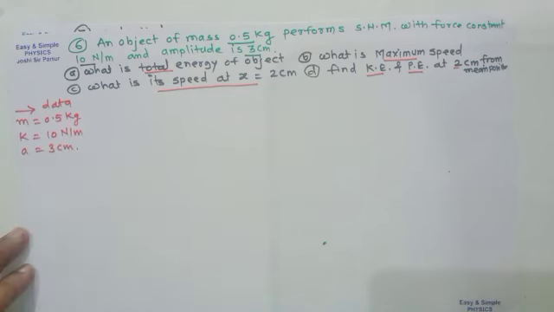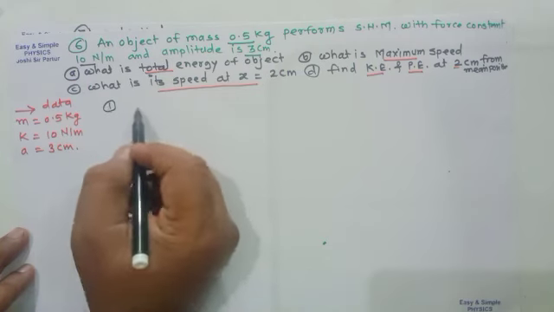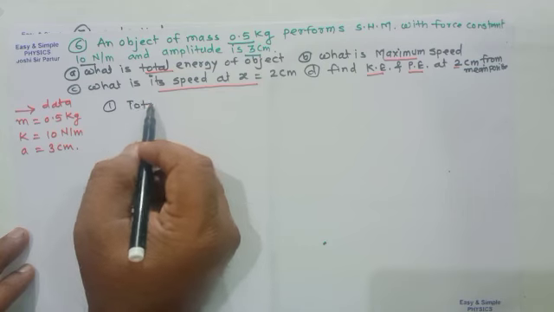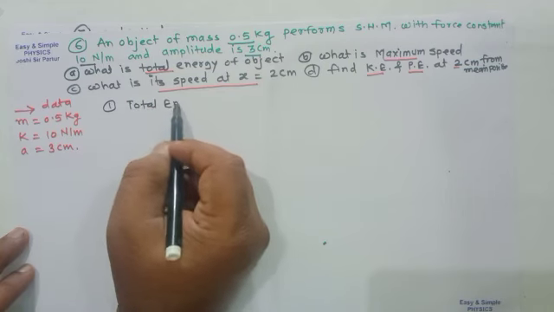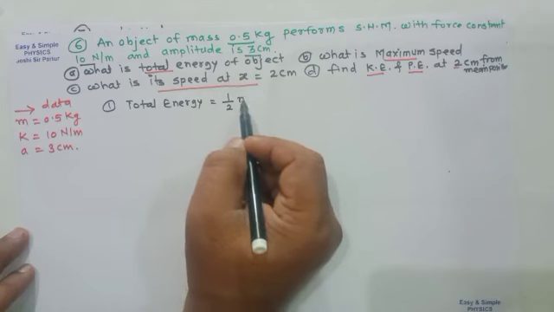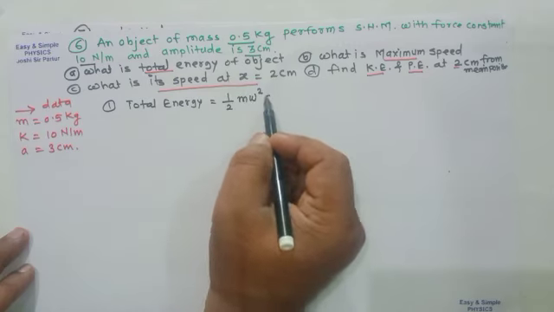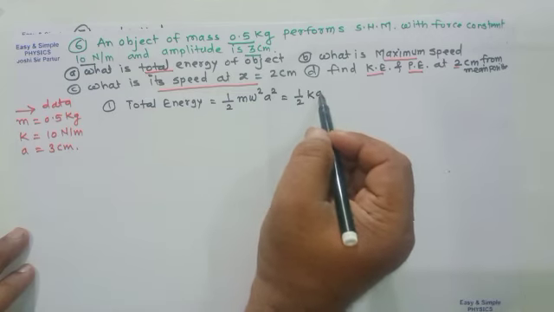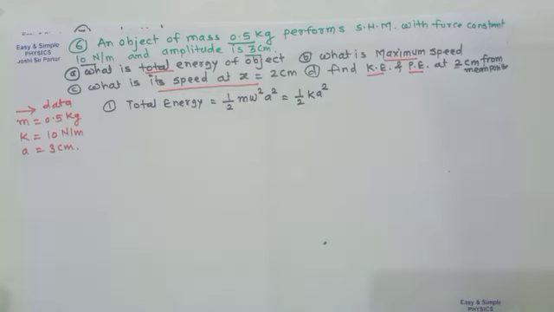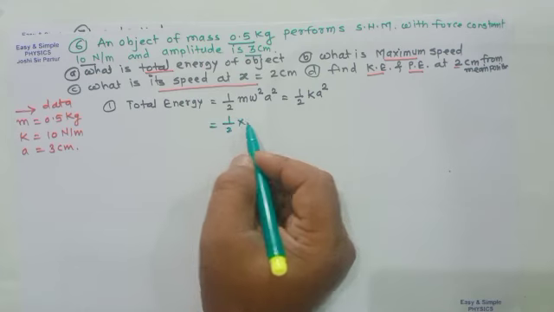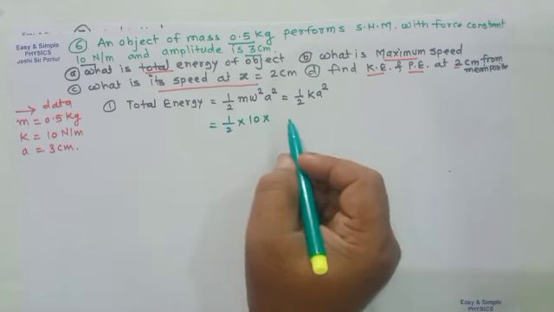So we can find out first the total energy. Total energy of the object will be half m omega square A square, which is half k A square. If we substitute the value of k and A square, it will be half into 10 into